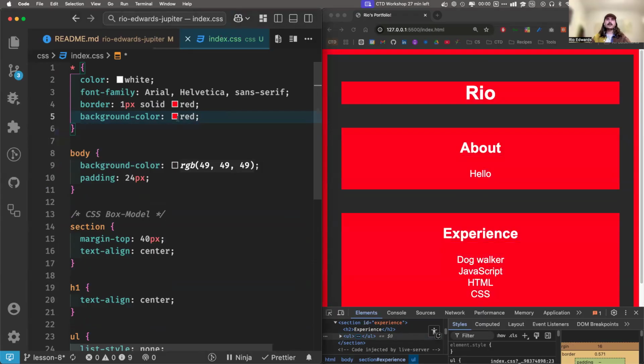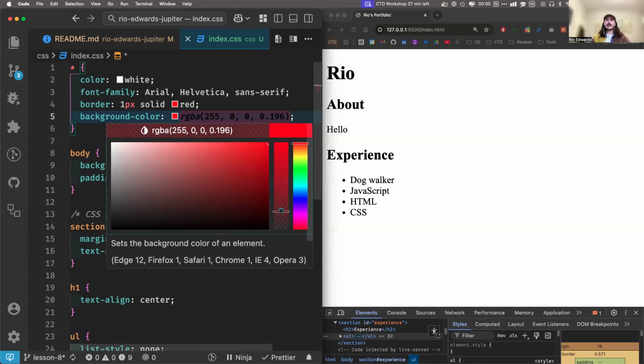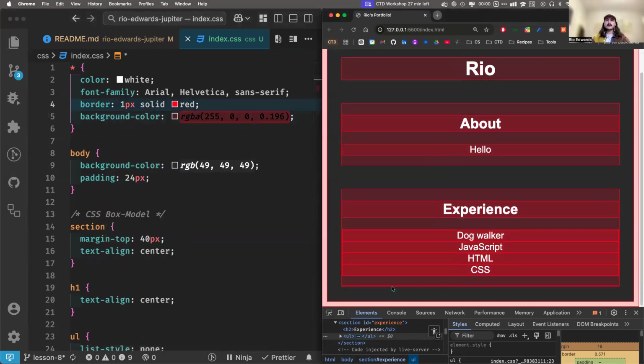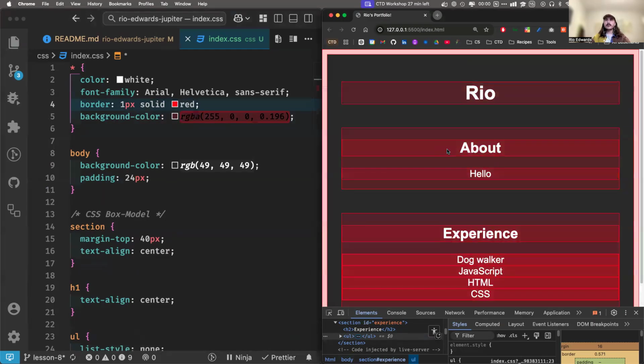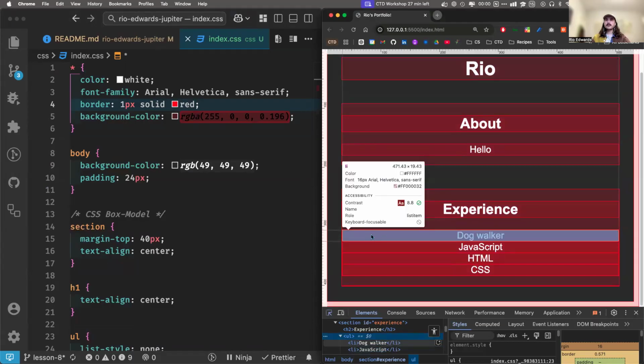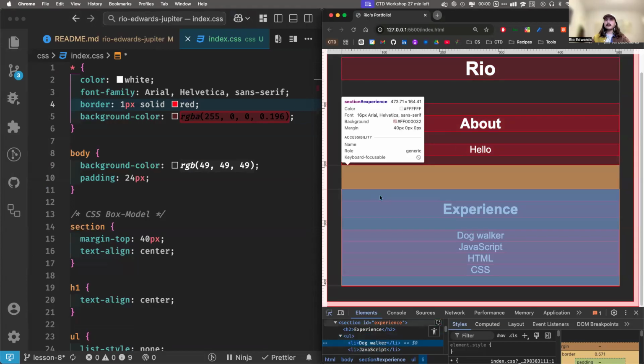Let's do red, but then let's say make it more transparent. And that helps even more because you can see how many elements are overlapping with each other. So the darker red it is, the more elements are overlapping. So like these list items, the background is pretty red, and it's because they're inside this section and also inside the unordered list, which